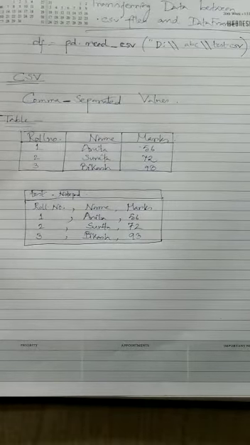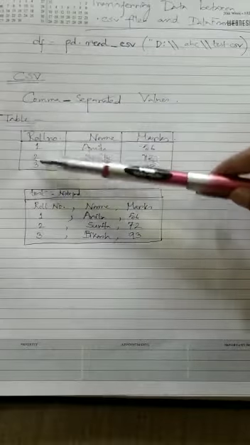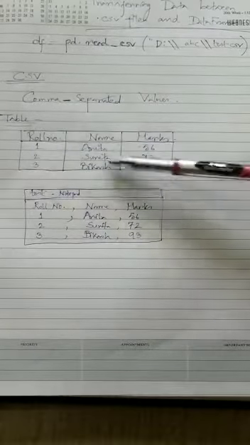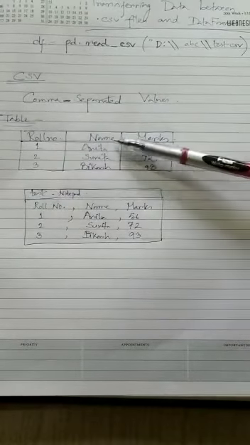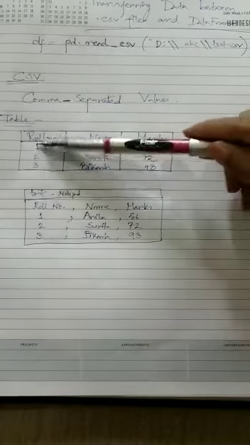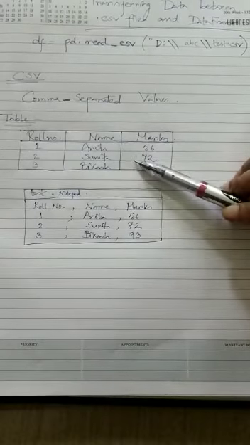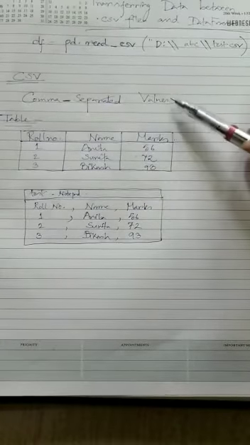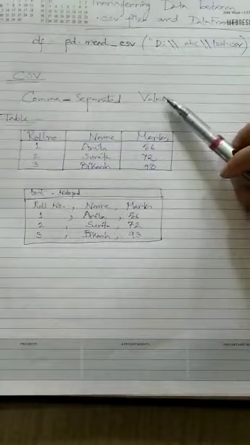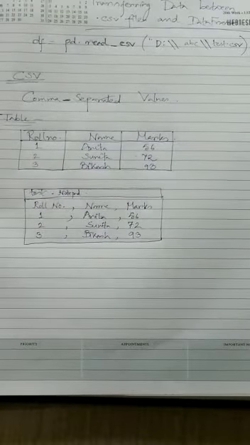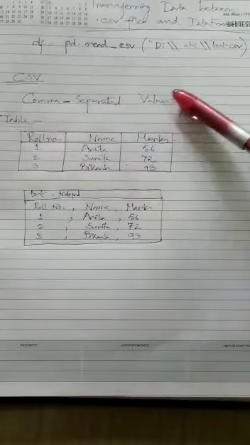Think about MS Excel. Generally in MS Excel, data is stored like this, in row and column format, means tabular format. So if this is a table, then roll number, name and marks are the column names. These three are the columns and this is the data stored in three different rows. Now this same data we can store in comma separated values format. Just check this, values, not value. Why am I telling you the full form? Because this is a common question: what is the full form of CSV? Comma hyphen separated values.